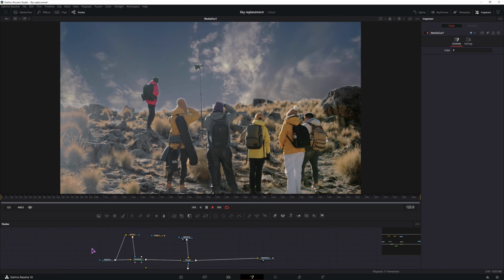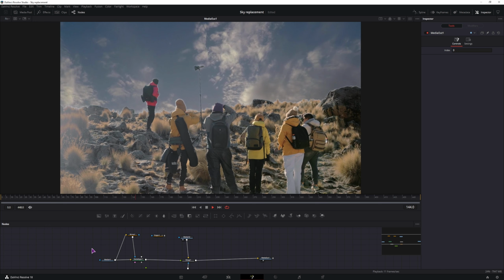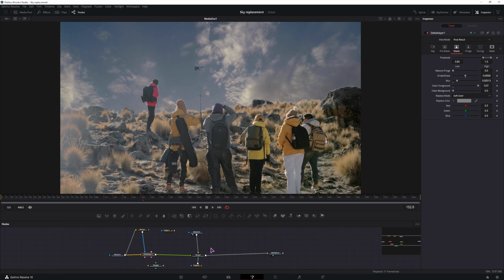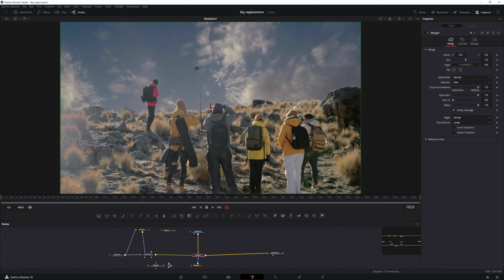Is this the best result? Not yet, we can still make some adjustments. We have some blurriness on the edges. That is because of the delta here. We can make some adjustments, maybe in the threshold. So that could fix it a little bit. We could also maybe go to this sky, but because we have it like so, we can't really adjust the